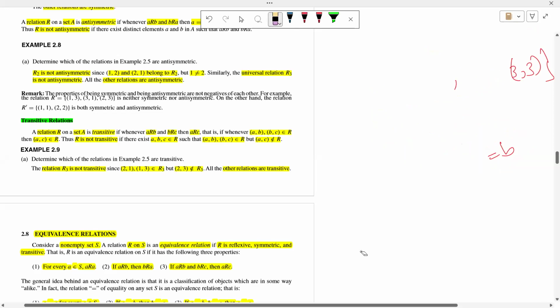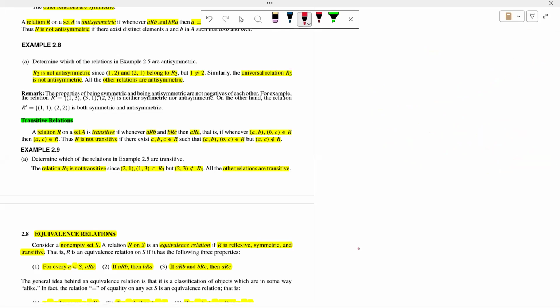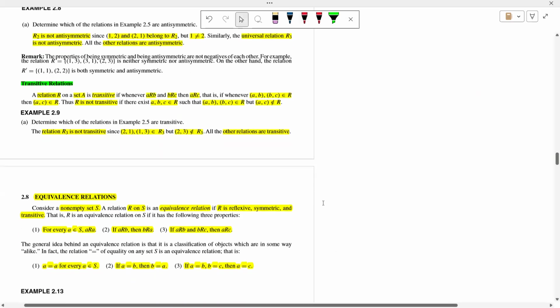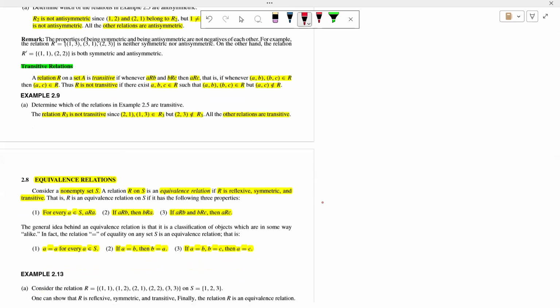Symmetric means you check that a comma b belongs to R and b comma a belongs to R. If it is antisymmetric, a comma b belongs to R and b comma a belongs to R only because of a is equal to b. Then only that is antisymmetric. The last one, transitive relation. So the transitive relation means,